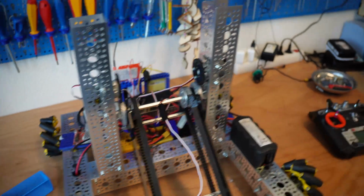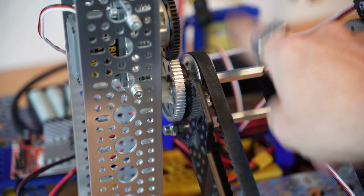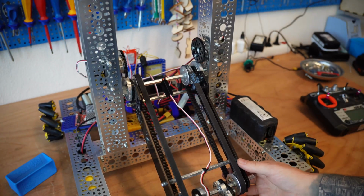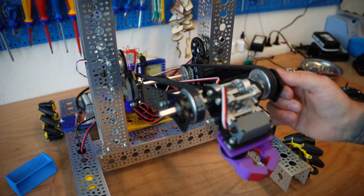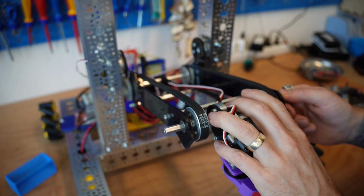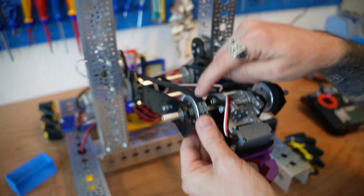If we look in close at this system, this gear and this acetal arm are on a ball bearing. So it's able to rotate around this axle, but it's not actually physically attached to this bearing. This whole arm rotates on these joints, and we can see that movement here. This whole arm rotates here. And on the assembly side, where our gear is, this pulley rotates independently of this arm. This whole subassembly is attached via a ball bearing to this lift arm. While the lift arm is pivoting and the pulley is attached here,